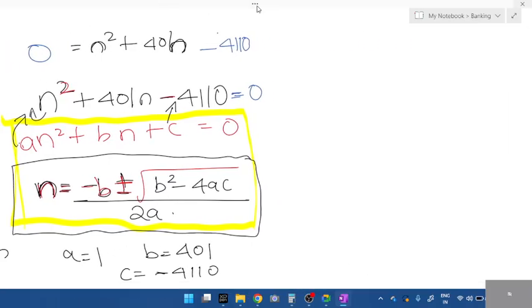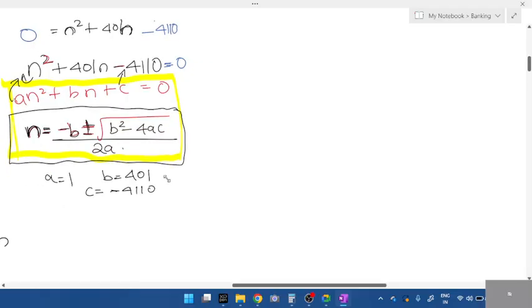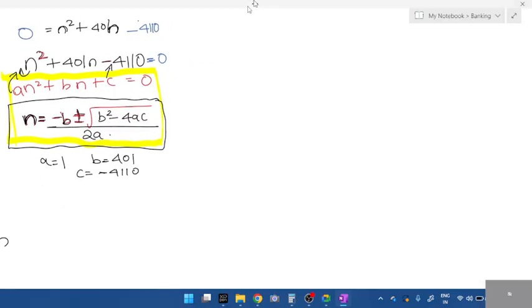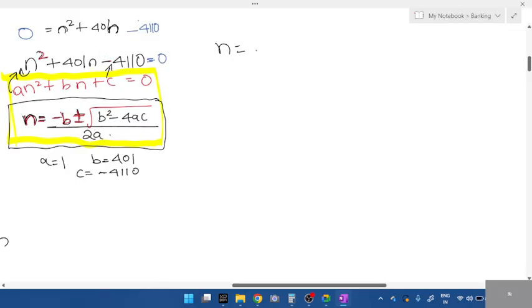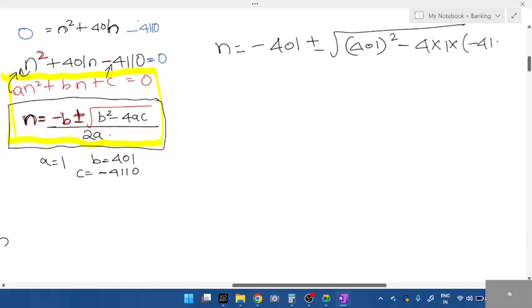Now look at this part. Okay, stop writing. Even others, those who are solving, stop writing. I'll tell you how to substitute. Look here. Take this n value, students. N is minus b. Minus of b value is 401 plus minus square root of b square. B square is 401 the whole square, minus 4 into a is 1 into c is minus 4110. Write it in bracket. Divided by 2a. 2 into a is 1. So you get minus 401 plus minus square root of